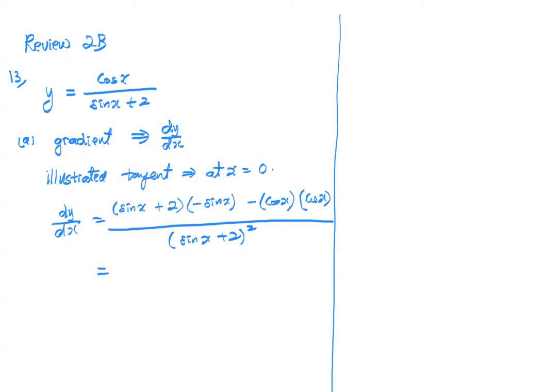So I got negative sin square x minus 2 sin x minus cos square x divided by